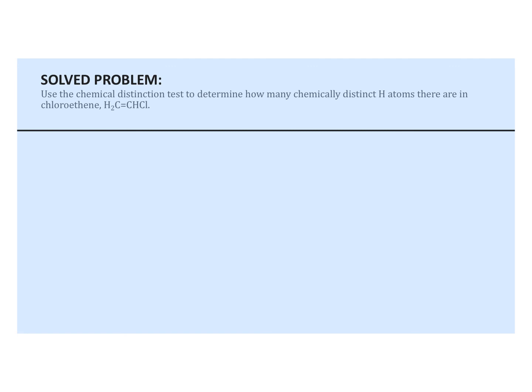So, let's look at this particular question. It's saying, look, using the chemical distinction test, determine how many chemically distinct carbon atoms there are in chloroethane, which is H2C double bond CHCl, right? And so when you look at this, this is one of those exceptions, right? Double bonds are where we see those exceptions. And so because they spread out like this,